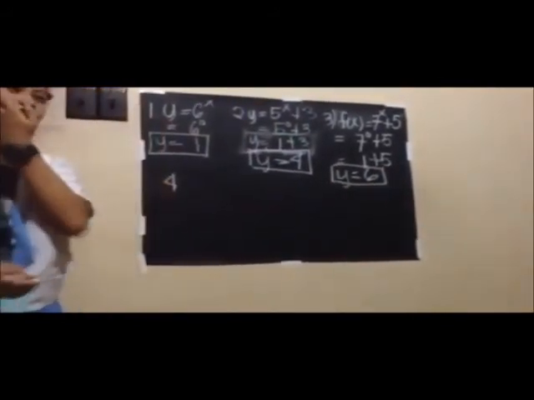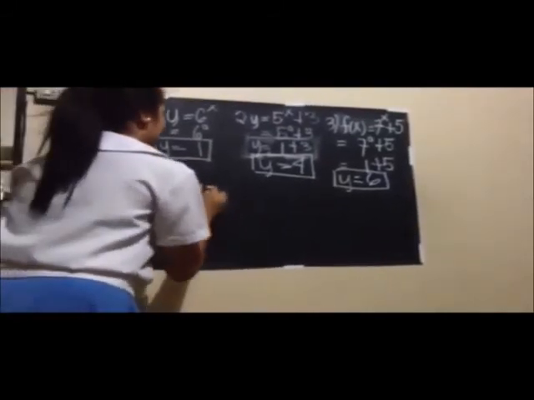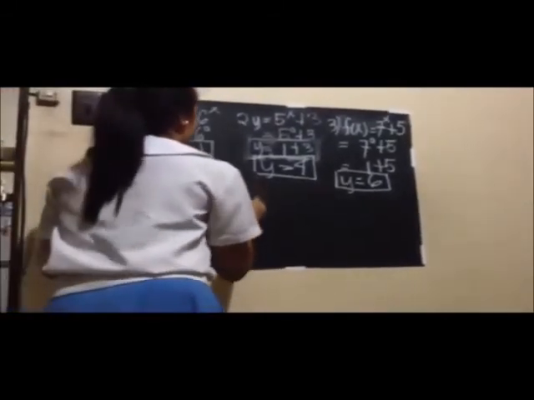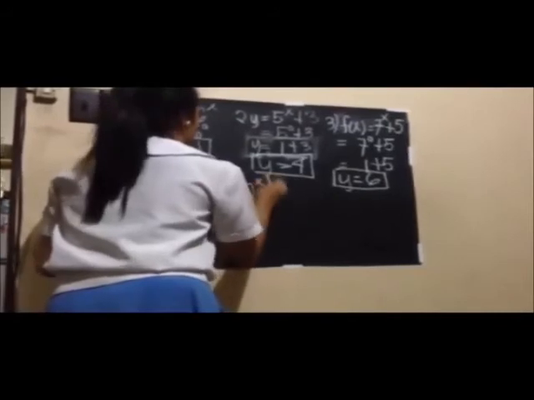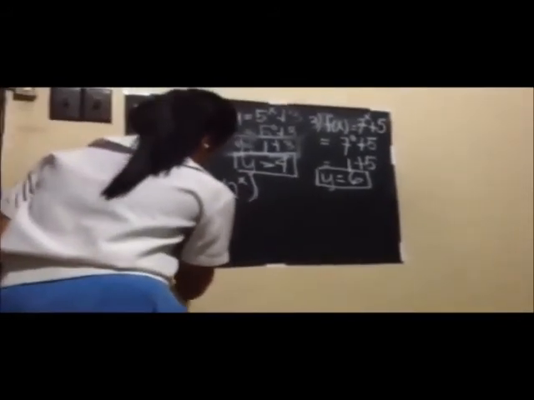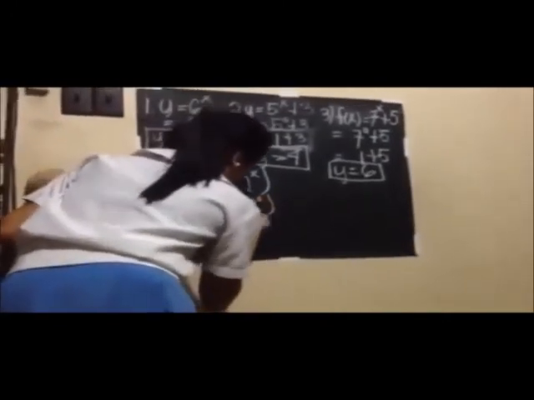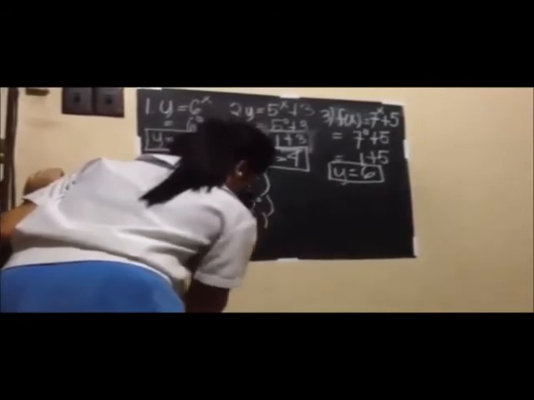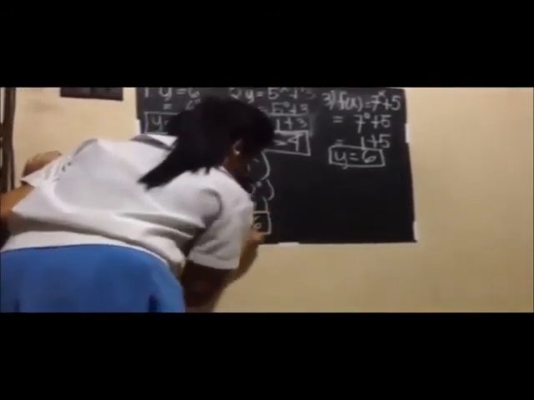The fourth example is y is equal to 6 times 2 raised to x. Two raised to x will become